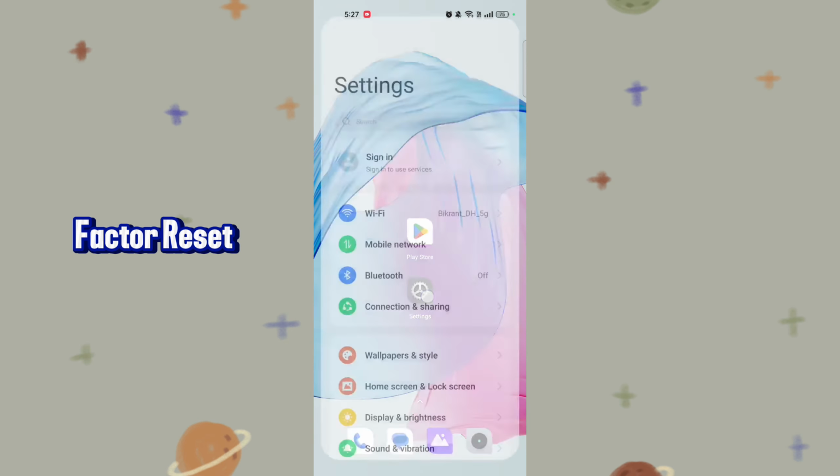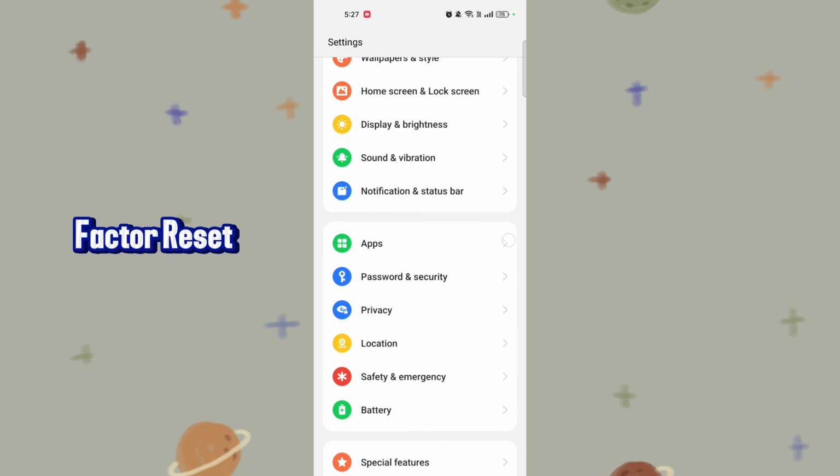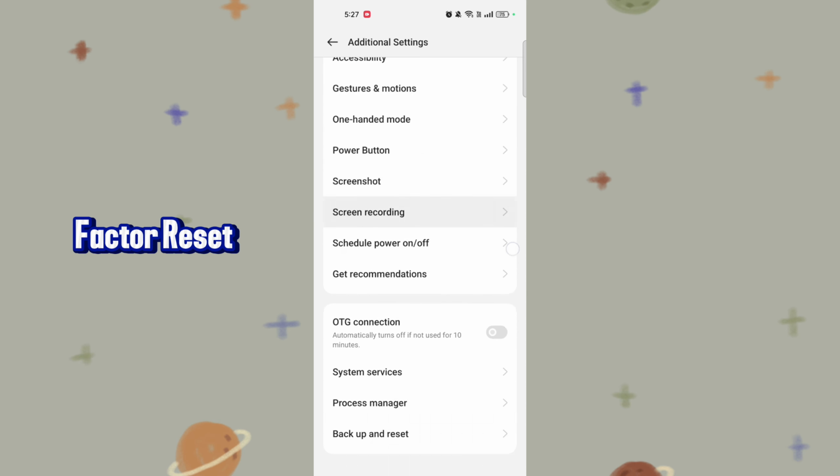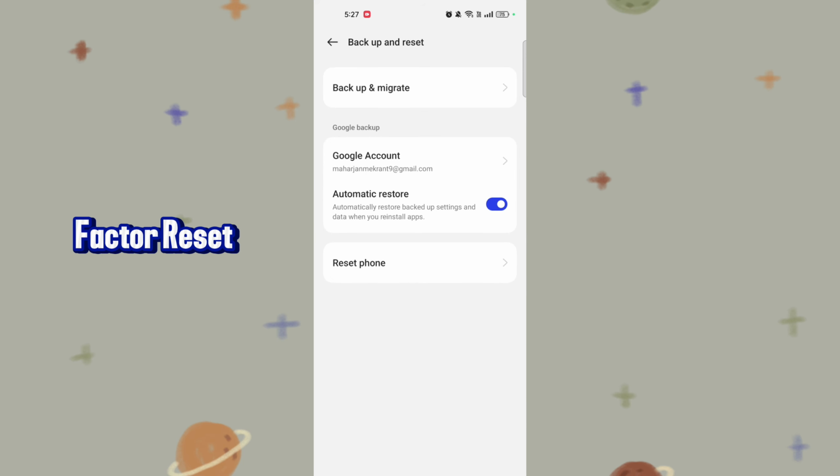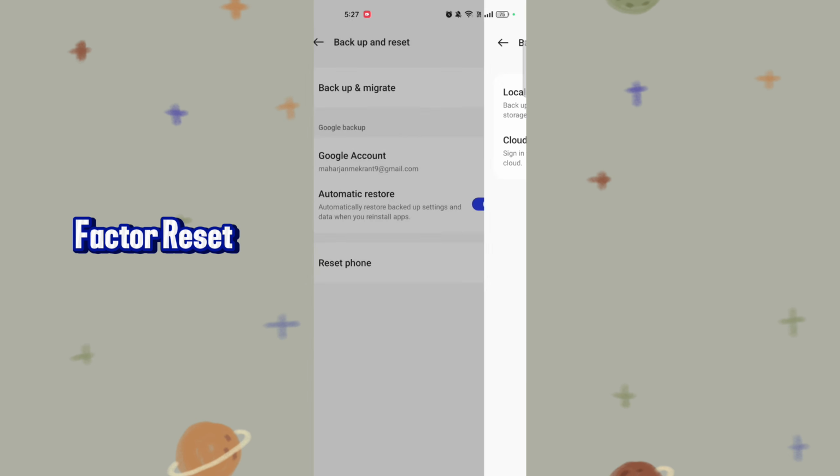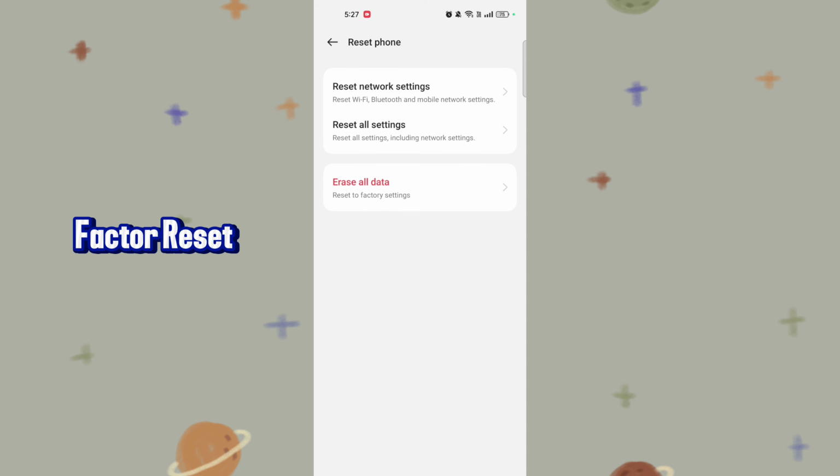Method 5. Factory reset. This is a more drastic step that should be used as a last resort. Performing a factory reset will erase all the data on your phone, so make sure to back up important information before proceeding. You can usually find the option to factory reset in your phone's settings menu. By following these steps, your problem will be